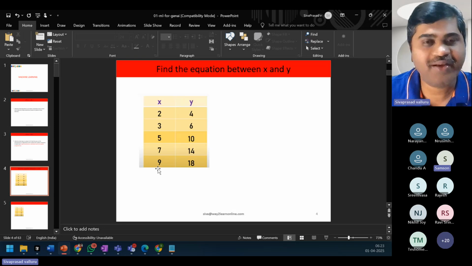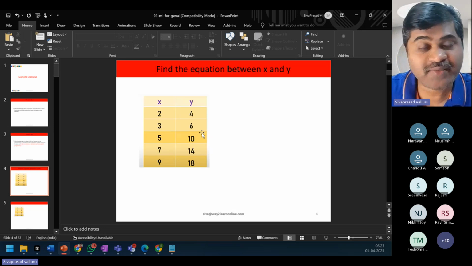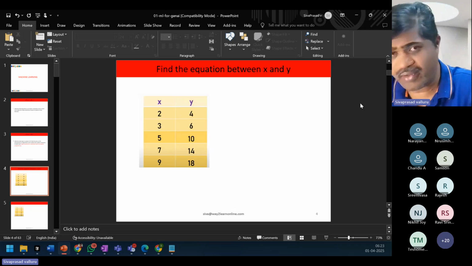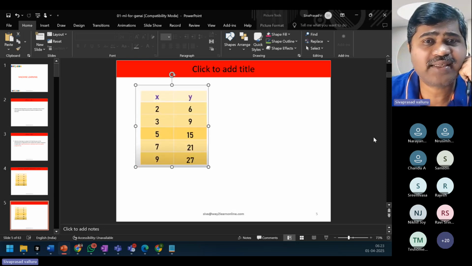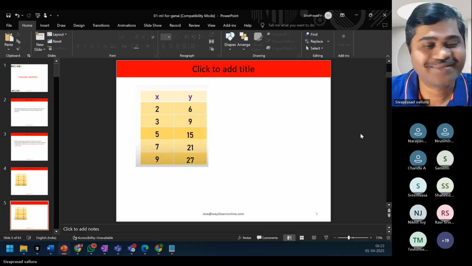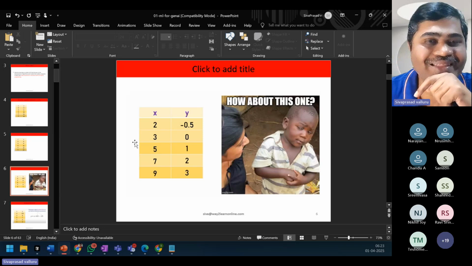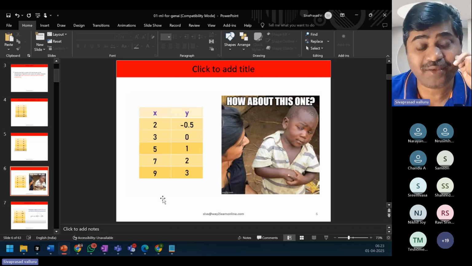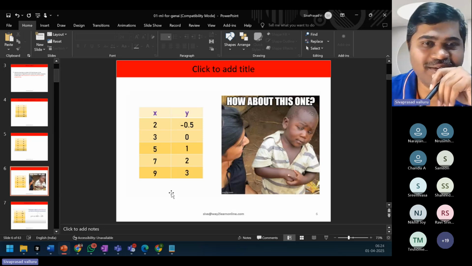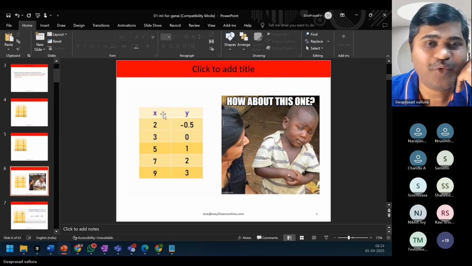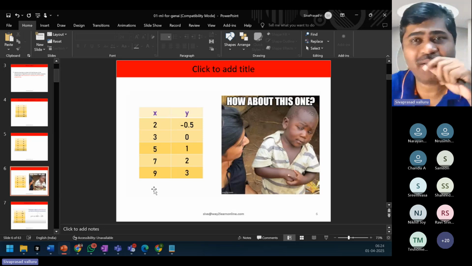If X equals to 10, 20. Y is 20. So you are a human. You are able to identify some pattern in this value of X and Y, and you are able to give an answer. Okay, what about this? What is the value of Y when X is 10? 30. Simple, right? But now say this and tell me what is the value of Y when X is 10? Anybody can answer me? By seeing this data, can you tell me?